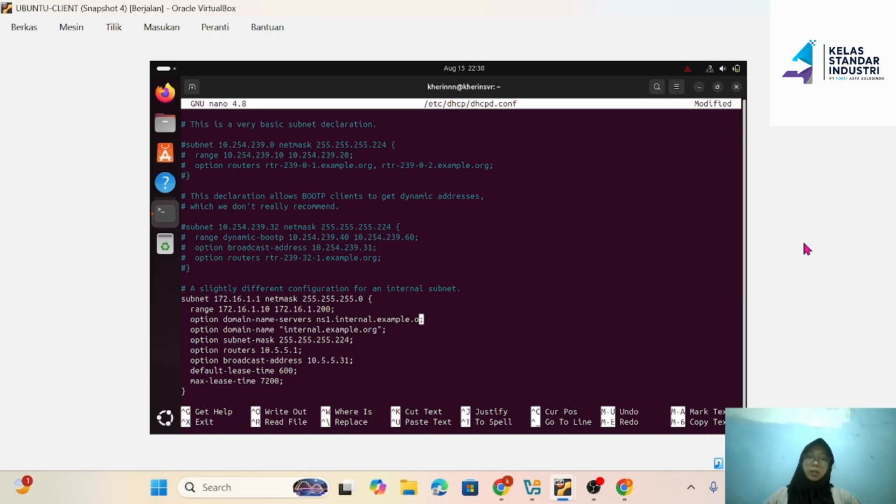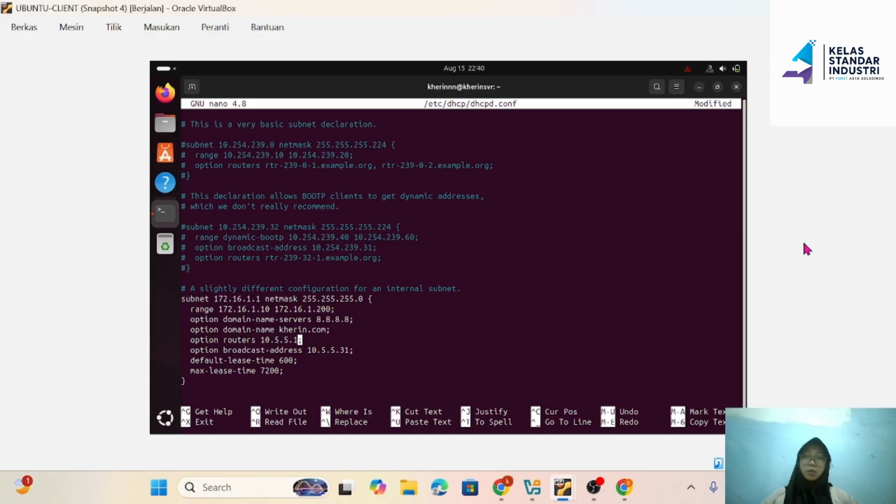to Google's DNS, guys. 8.8.8.8. For option domain-name, this is optional based on your domain. I'll use kerin.com. Here, delete the option subnet-mask line. Alright.